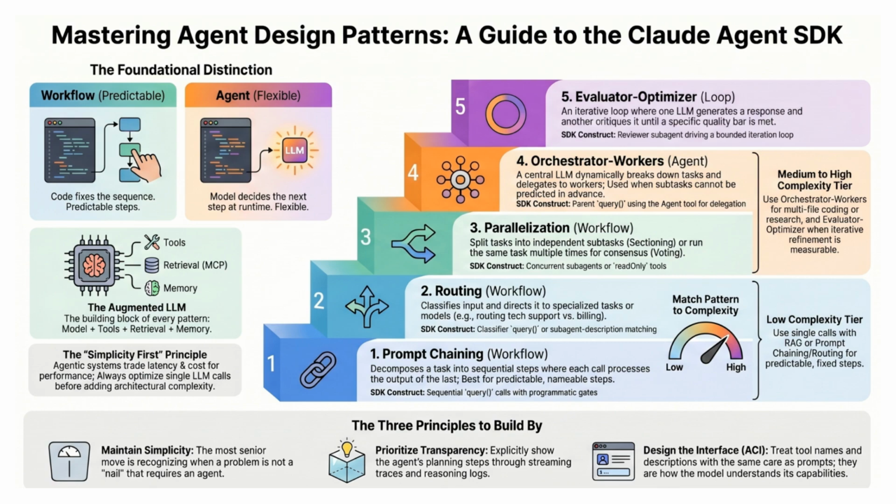Pattern 4, orchestrator workers, lets a central LLM dynamically break down a task, delegate to workers, and synthesize results. Orchestrator workers is the most agentic pattern as the model decides the subtasks. Pattern 5, evaluator